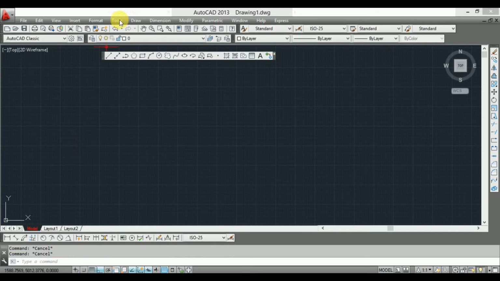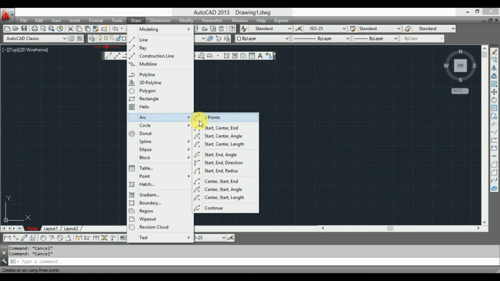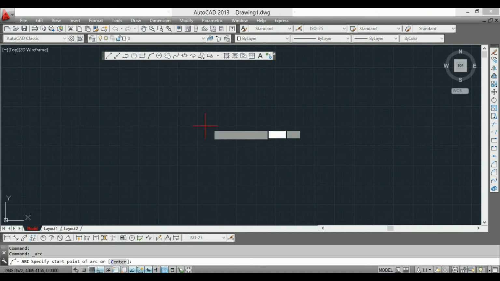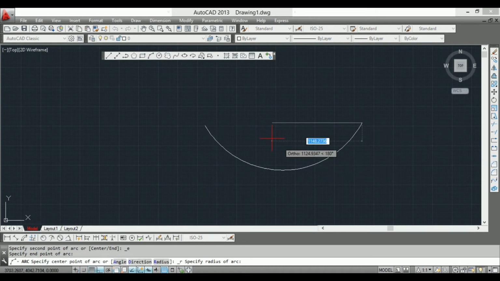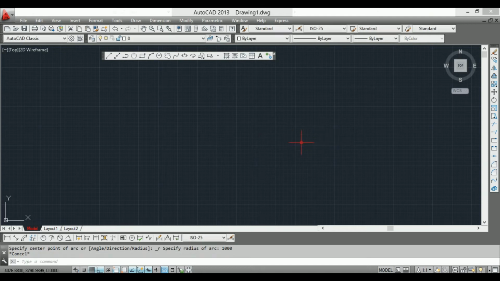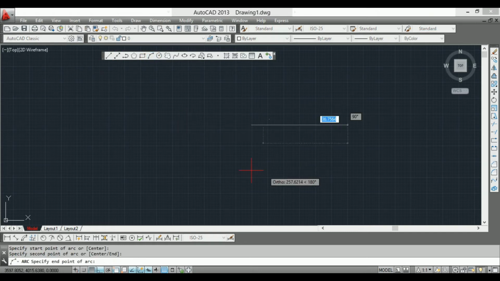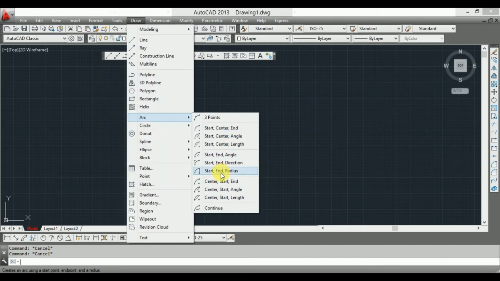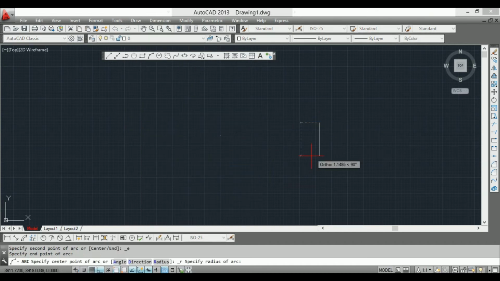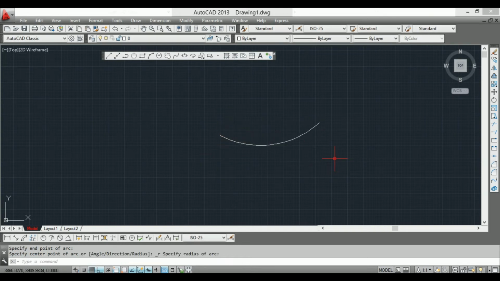Then you have to go again in the arc command, radius, specify first point, second point, like this. This is, guys, the arc command.